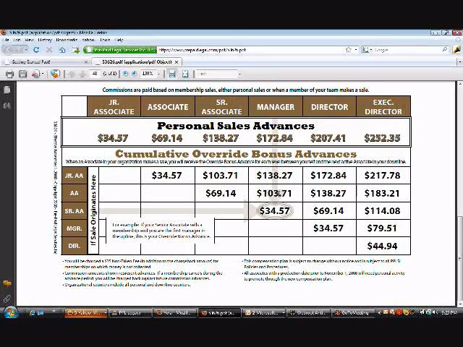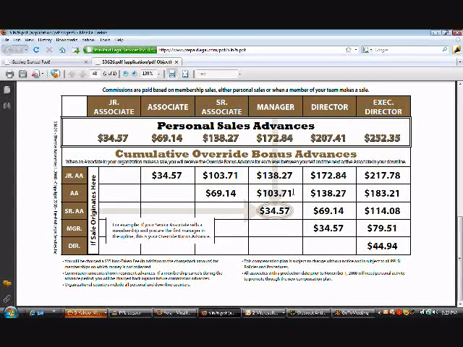And then you become a manager, and you're making now $34.57 off your seniors. And say the other 2 associates were just starting to build, and that third associate became a senior, so you're making the $34.57 off of him. Well, you've got 2 other associates that need to become seniors. You've got now $103.71 off of everything that our associates are doing to become senior.